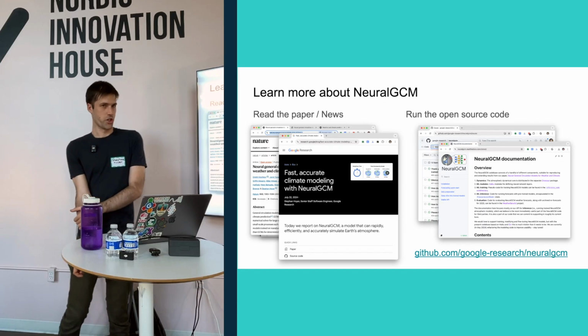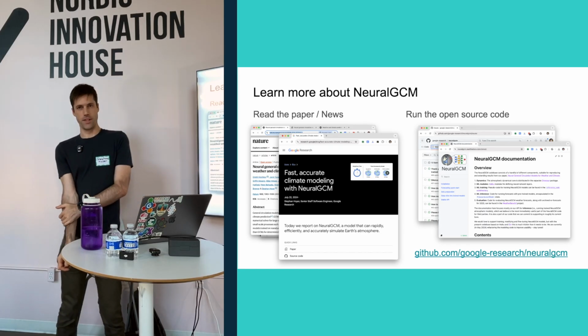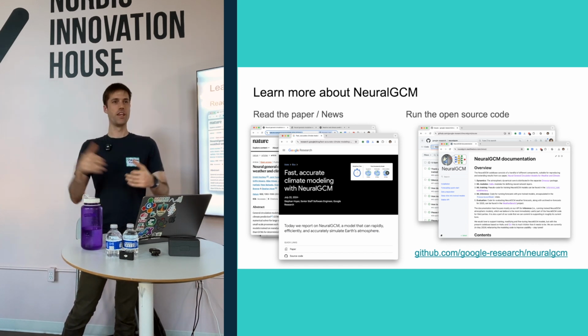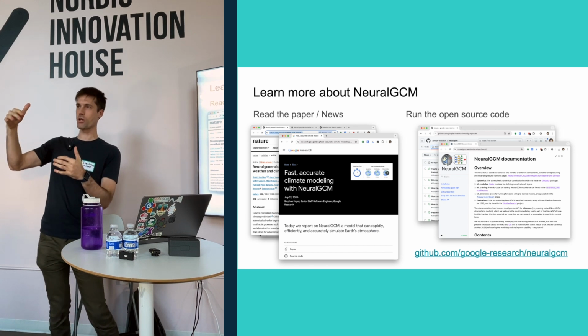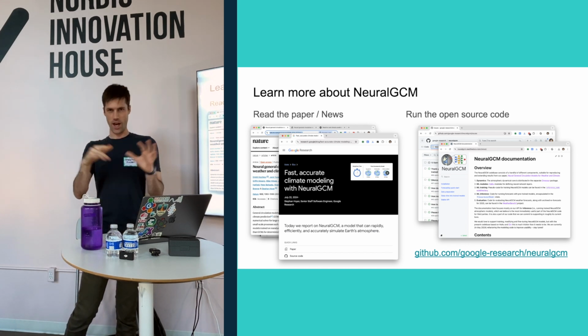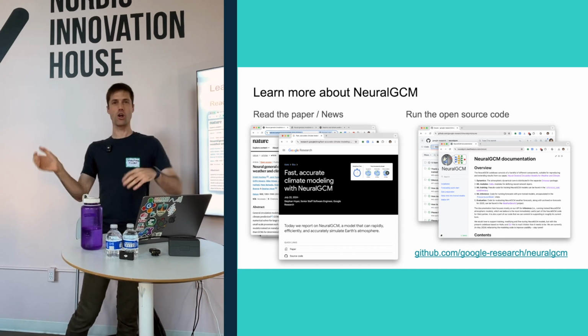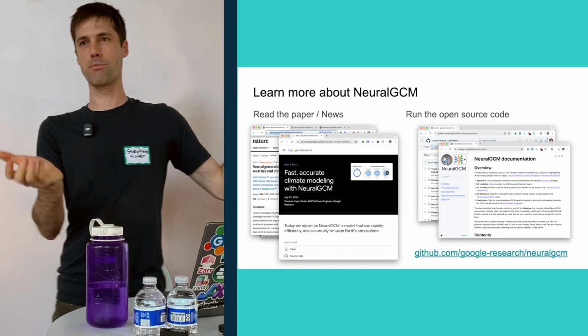That's a great question. We did some tests of this. We can do some tests by artificially warming the oceans and seeing how the model responds. What we found is that at about 2 degrees warmer, the model does fine, about what you'd expect. If you make it 4 degrees warmer, which is a pretty bad climate scenario, our model does not do well currently. That's maybe not surprising. We didn't train on that.